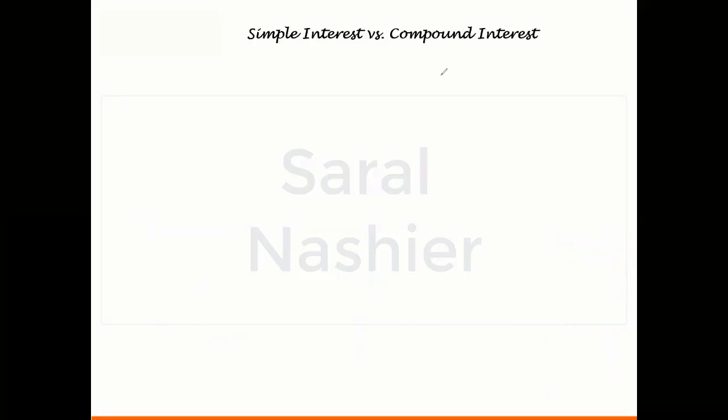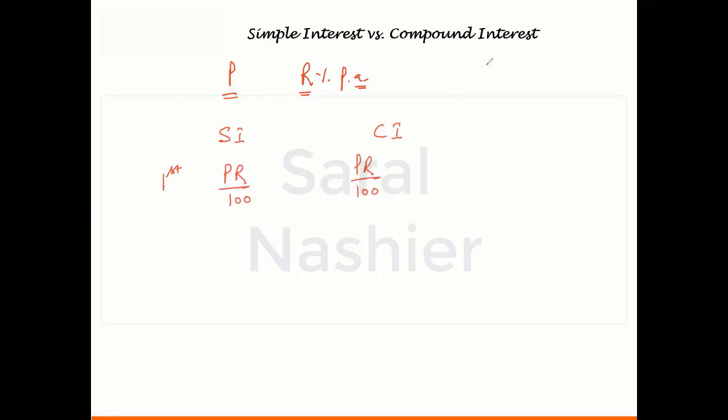So here we are talking about simple interest versus compound interest. I'll be showing you a table which will be explaining everything to you. And most of the questions of SI and CI can be made easy using this table. So let us say there is a principal of P and a rate of R% per annum. So how does simple interest fare with respect to compound interest? If I talk about the first year, the simple interest is P into R divided by 100. The compound interest is P into R divided by 100. So this is the first important point. For 1 year, simple interest is equal to compound interest.